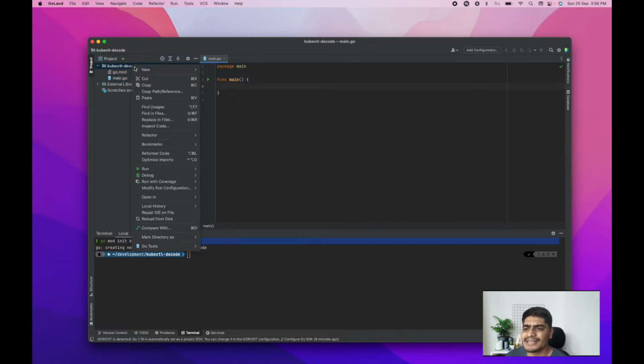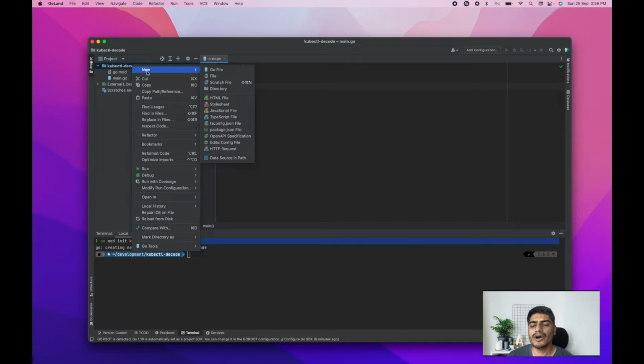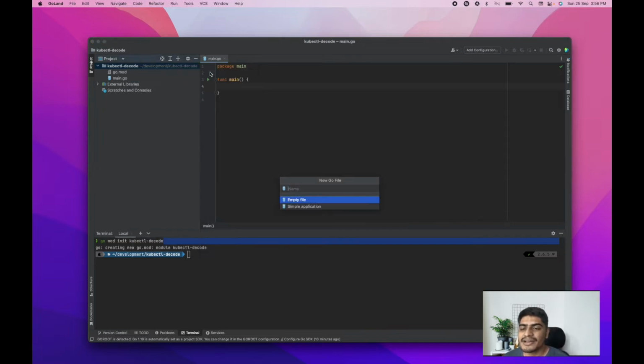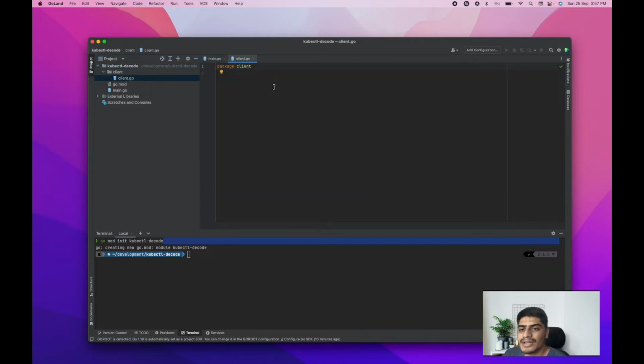Let's create some packages. We are going to use the client-go library to connect to the Kubernetes cluster, fetch those secrets and then try to decode them, right? So let me create a package here, and I'll call that package client, and then I can name the file client.go. And here we can create a function which should return us the K8s client instance. So I can just do K8s client,